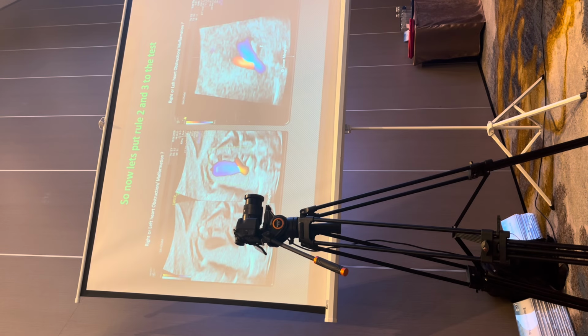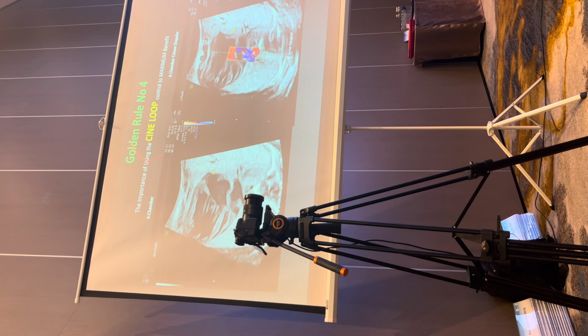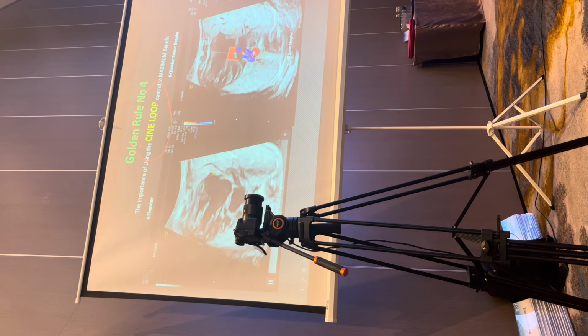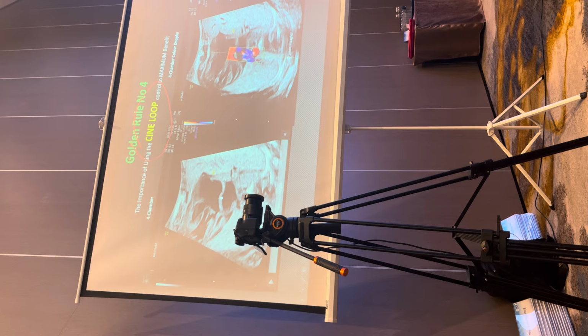The remainder of the golden rules as we go through them is to use the cine loop, because the heart beats so fast, and we had a talk today about rhythm disturbances. You will understand rhythm disturbances when you slow the heart down and recognize, is it really a rhythm disturbance or not? But also from the point of view of examining the structure in this baby. I don't know if you recognize there's a problem on this four-chamber, but I think there is discordance in the ventricular sizes. And also, I don't like the appearance of the intra-atrial septum. I think the foramen ovale is restrictive.